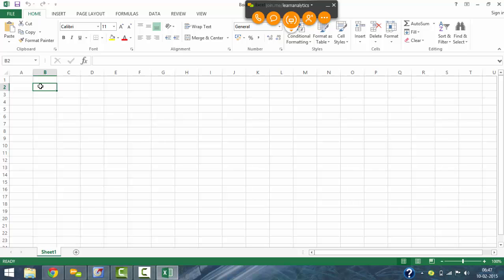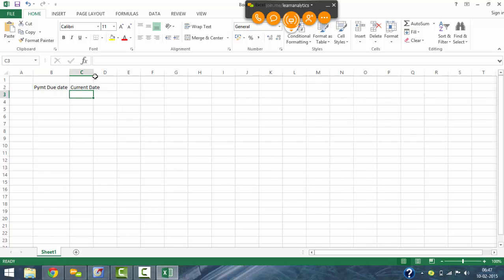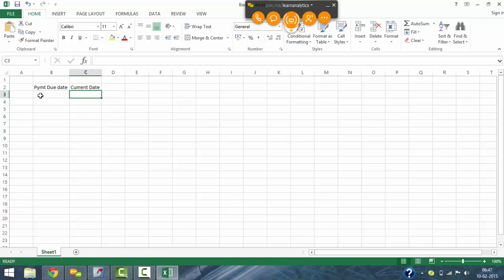So let's say we have payment due date and we have current date. Okay. And what we are doing with SAS, let us do the same treatment here. Let me save this as a character. So I have 10/02. My payment due date is 5th Feb